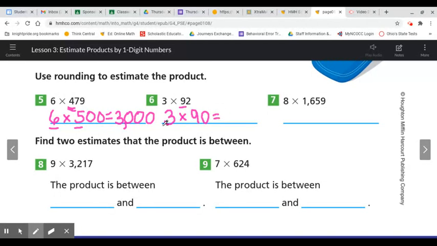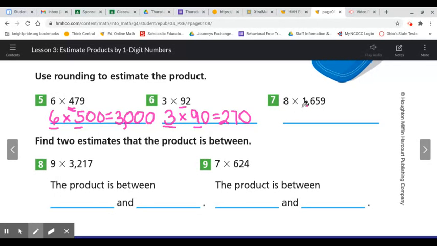And now let's use our basic fact of 3 times 9 for our product. 3 times 9 is 27. And there's 1 zero there in that factor, so we put a 0 at the end, and our estimate is 270. And number 7, 8 times